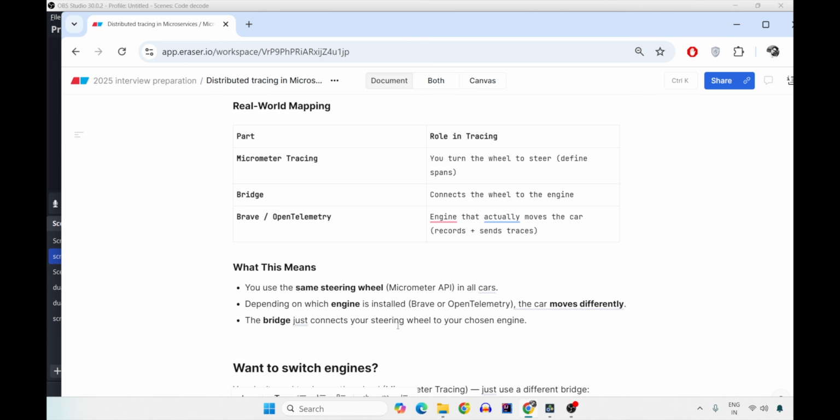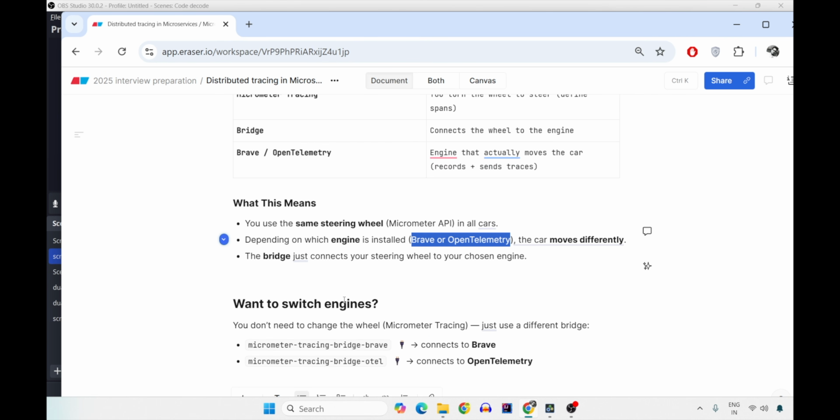If you have a strong engine, it will be a very quick movement, or if it is a very weak engine, it will be a slow turn. I'm not very good with car engines, but this is just an example to make you understand. So the bridge is just the one which connects your steering wheel to your chosen engine, and you can internally use any of the tracing engines, but from outside you just use the APIs.